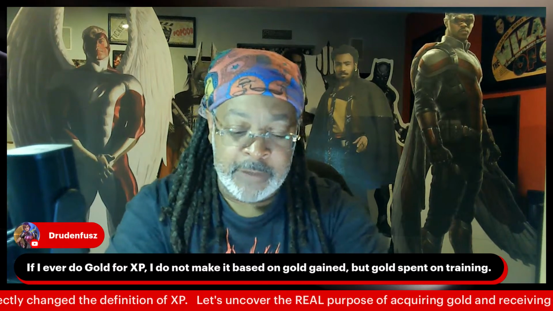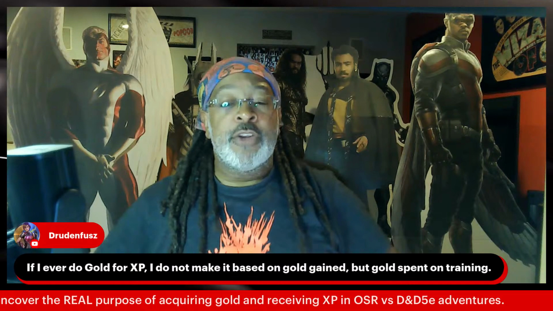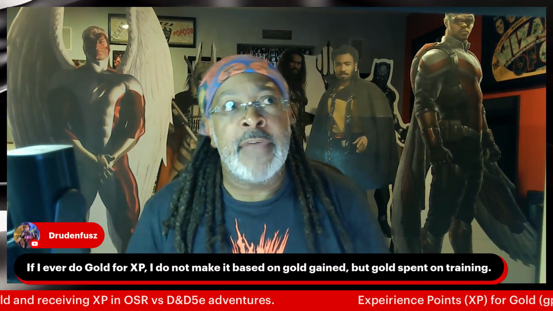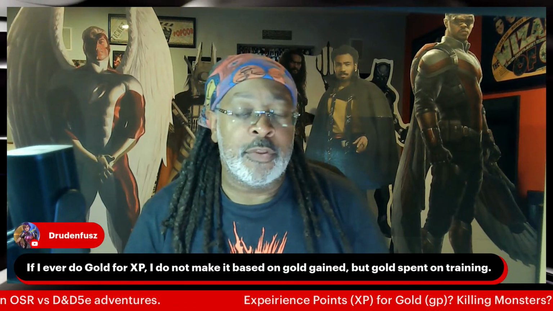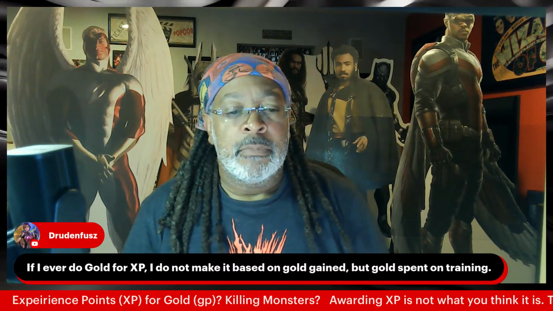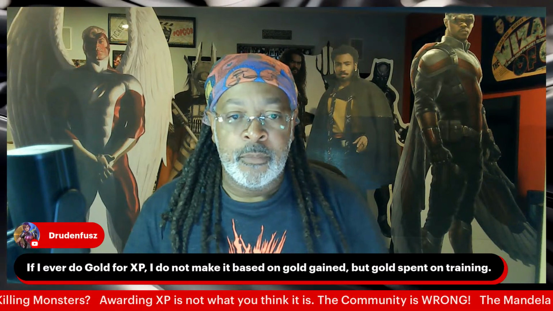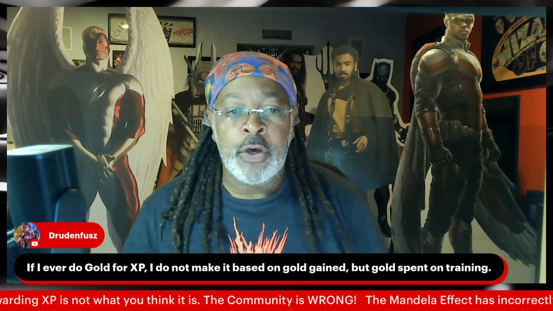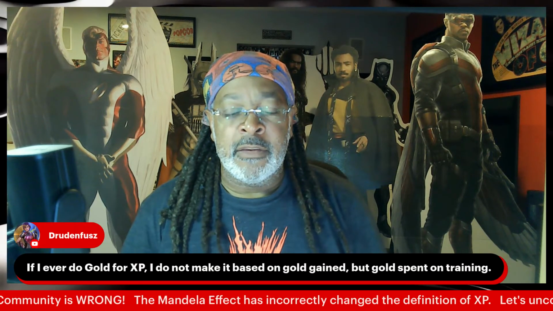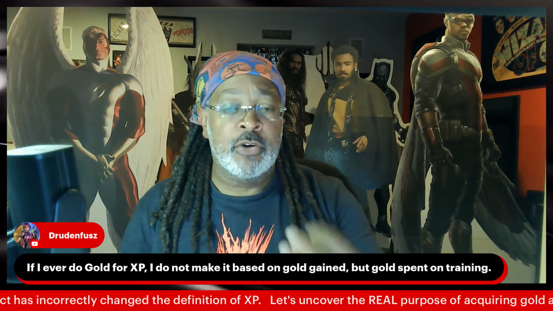Also, and this is the most important part, when retrieving the gold was the most important portion of adventuring, it meant that defeating monsters wasn't the point. It meant that experiential context was important. So, in other words, the retrieving of the gold became the goal.